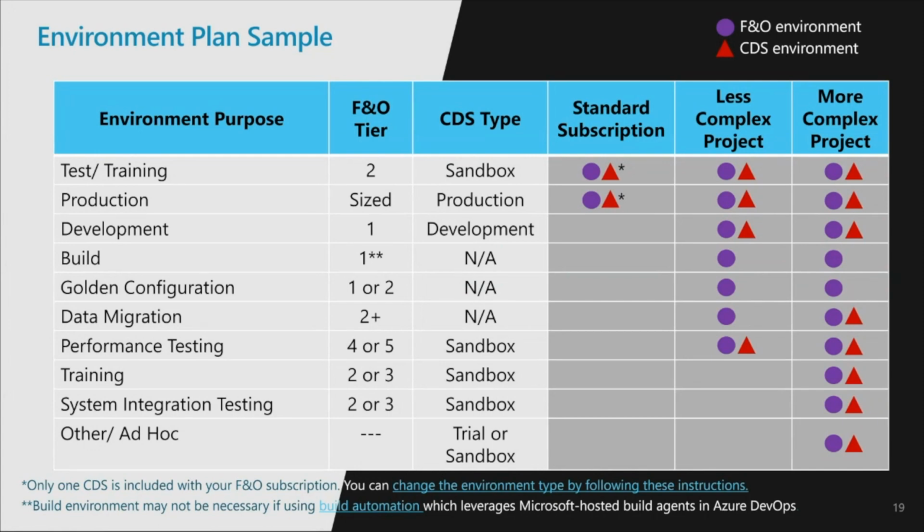So this is a sample of F&O and CDS environment plan for two different types of projects. So less complex project and more complex project. So let's look at the F&O first. As the standard cloud offer only includes two F&O environments, Tier 2 and production, which is not sufficient for an implementation project. So you need to plan for additional environments based on what kind of tests and activities need to be conducted. So for the less complex project, you may use standard Tier 2 sandbox for the test and